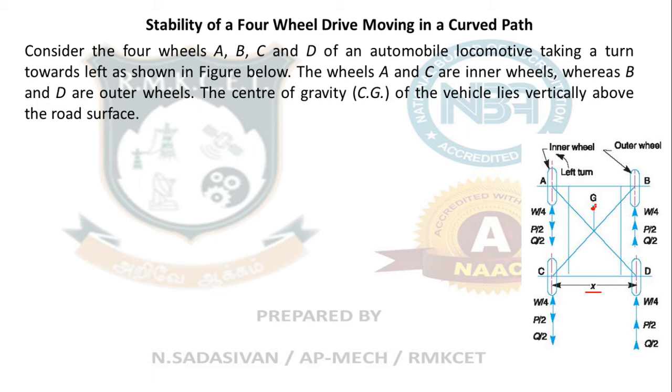Now, with this, let us have some length. Let us call this some length; in problems the value will be given. That length is normally called the wheelbase. The distance between the two axes of the two wheels is called the wheelbase. Now all four wheels are rotating, and then I am going to take a turn towards the left.